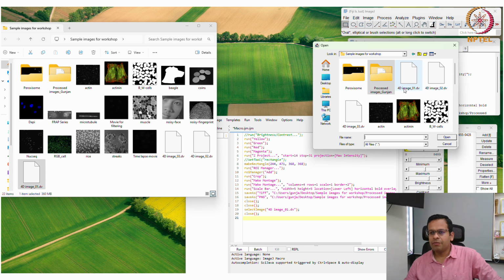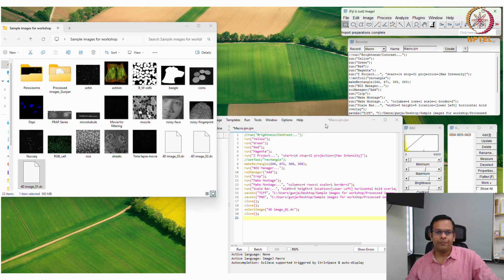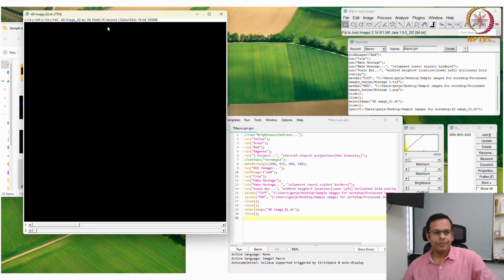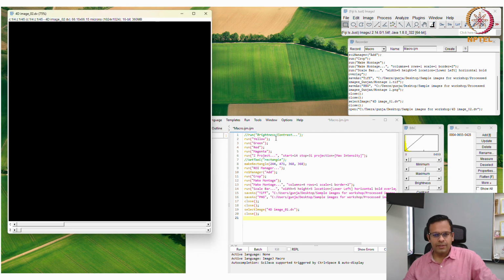Previously we worked with 4D image 01, and now we want to follow all the steps on 4D image 02. So I'll click on this file and open it. Again, I'll open it as a hyperstack with XYCZT. Now I want to follow all the same steps on this image.